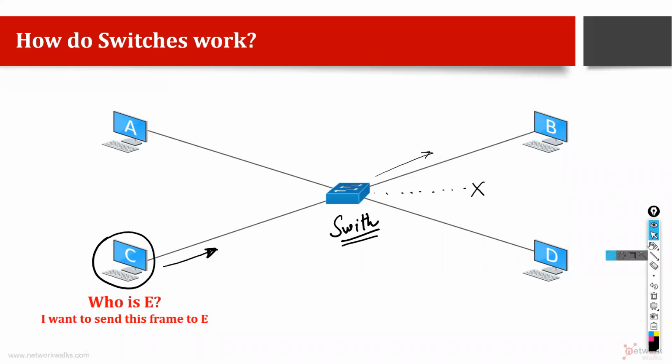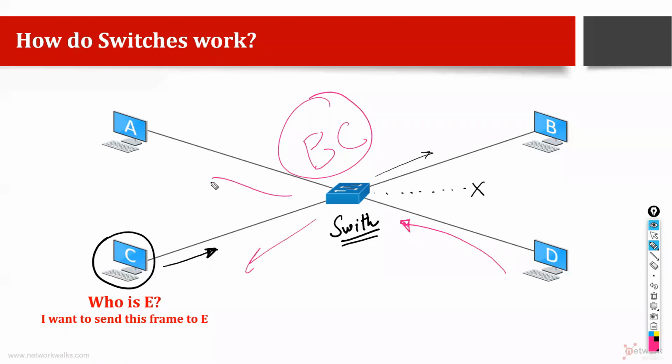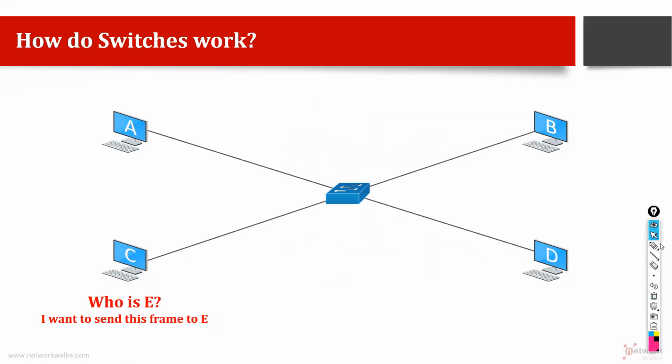This behavior is called as what? This behavior is called as broadcast. It means when one person wants to send a message, it sends to the switch, and the switch will forward to everyone whoever is connected except the source. Of course, there is no logic to send back to the person who is sending to the device. So this is the behavior of the switch.